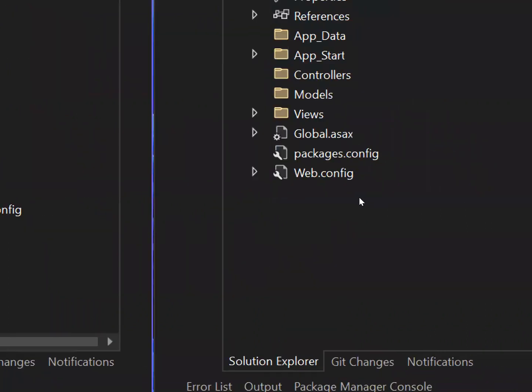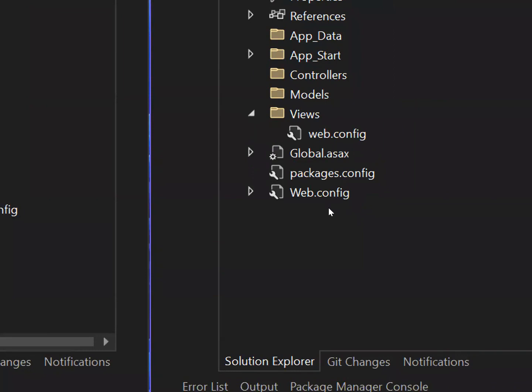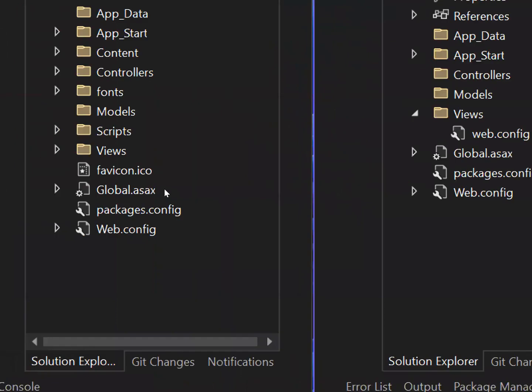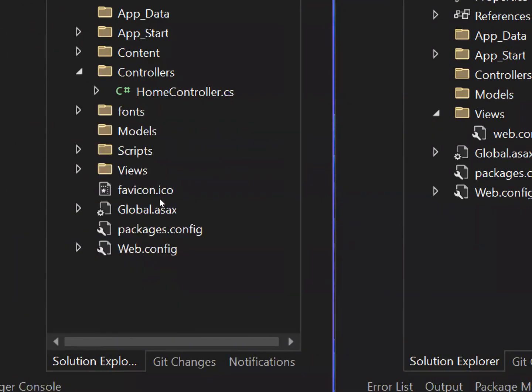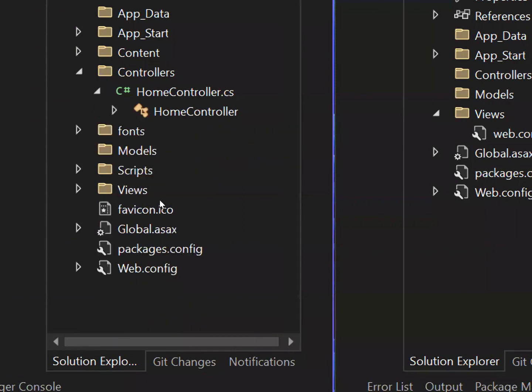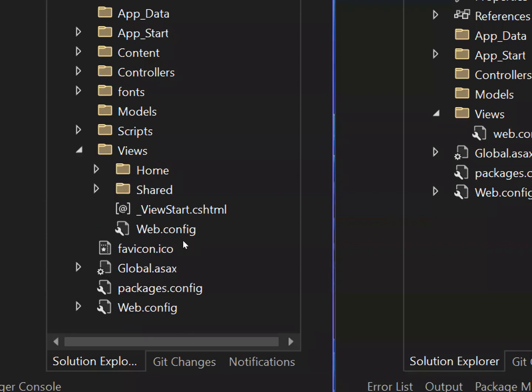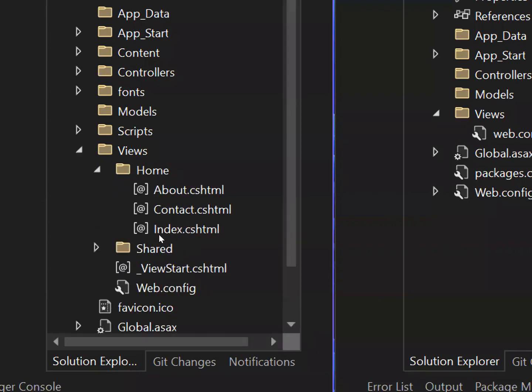Now tell me, in the empty project, do we have any controllers? No. So that's why, if you come to the views folder, it doesn't contain anything in it. It contains a file called web.config. We'll talk about that web.config. Ignore it, but there are no views. But you come to here, the controller, we have a controller now. What controller? Home controller, with the action methods also present now. Now if you go to the views folder, you'll be finding a folder called home, and if you expand that,